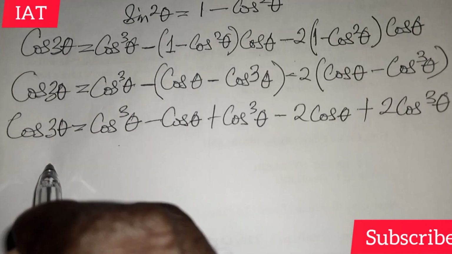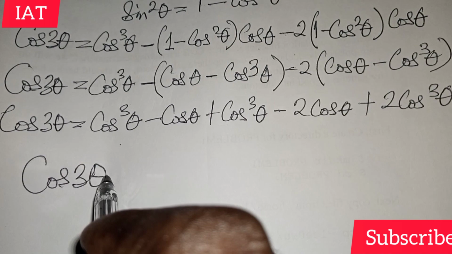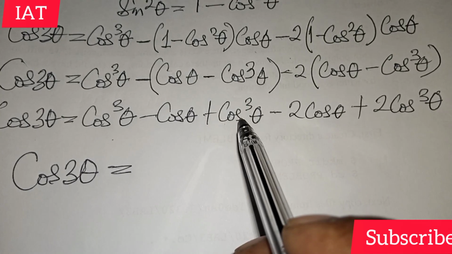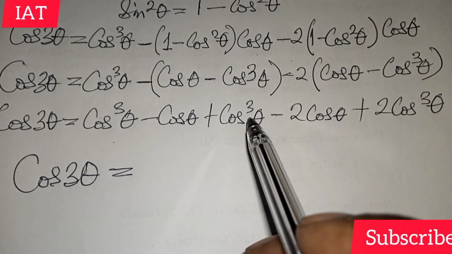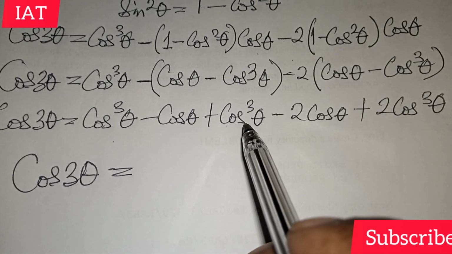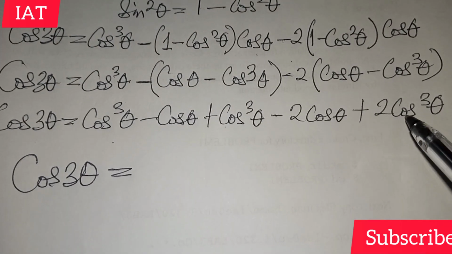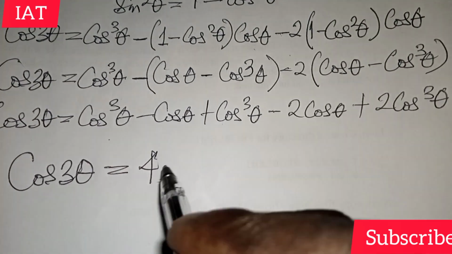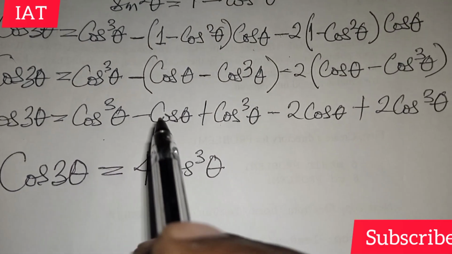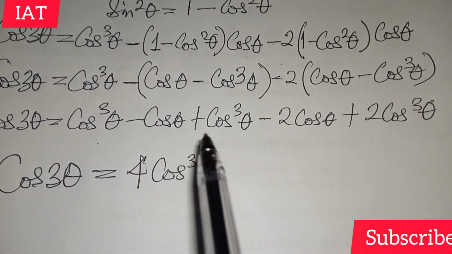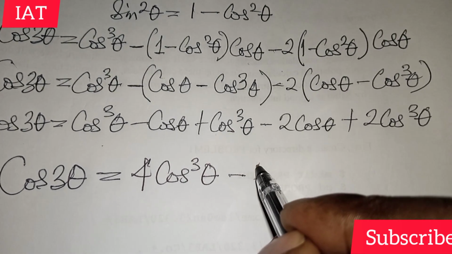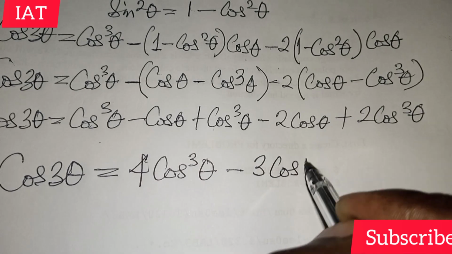So the left hand side will still retain cos 3 theta, equal to, notice that this cos cube theta can add up with this cos cube theta and also this one, so cos cube theta plus 2 cos cube theta will give us 4 cos cube theta, and then we have minus cos theta minus 2 cos theta, and that should give minus 3 cos theta,